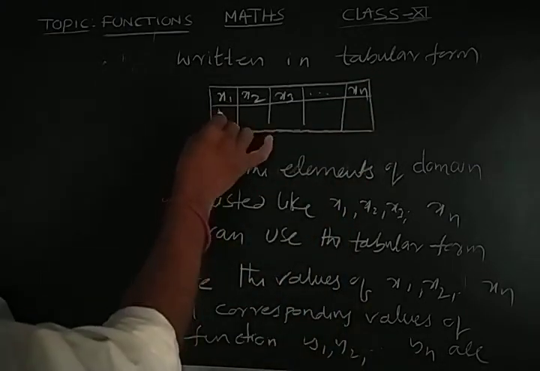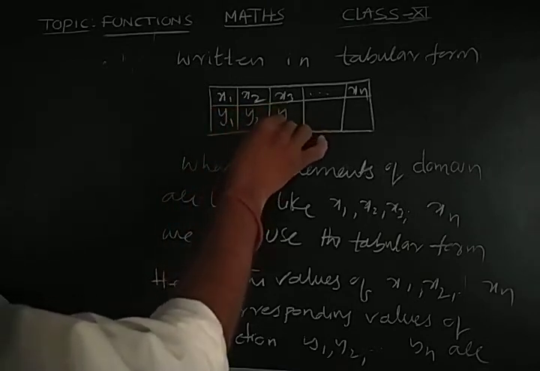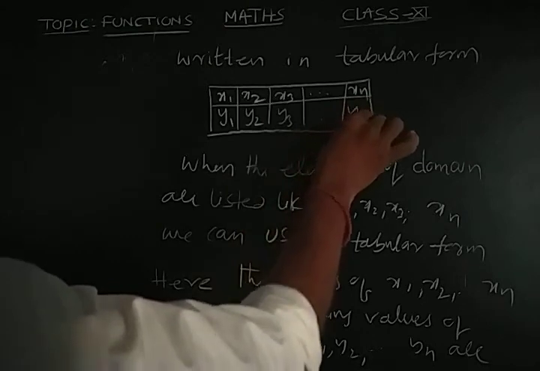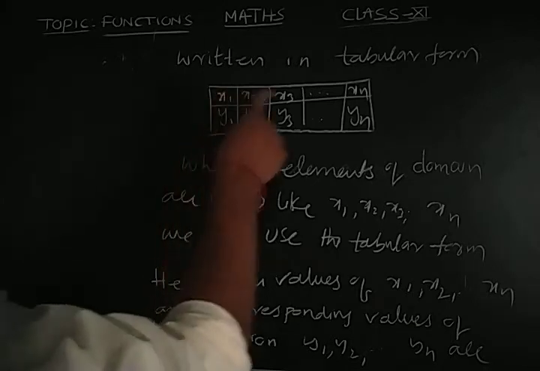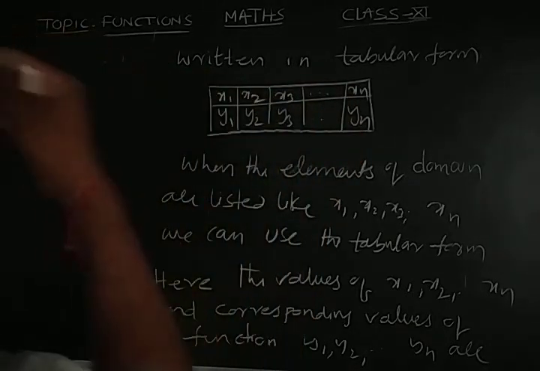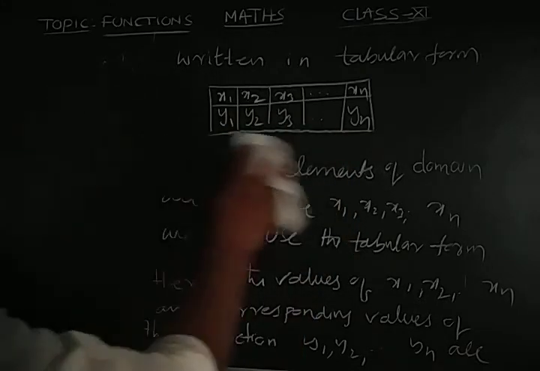That means x1 is related with y1, x2 is related with y2, x3 is related with y3, and so on, xn is related with yn. This is one way of representing a function, tabular form. The first values are domain elements, and the second values are images which belong to the codomain. x1, x2 are known as domain elements, y1, y2, y3 are known as images. Okay, another